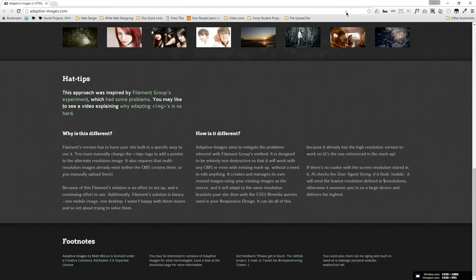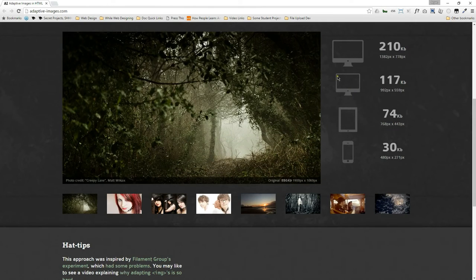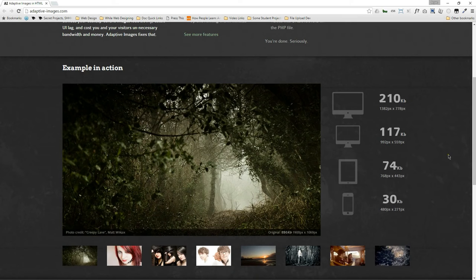I'll just bring up the page that I was looking at. I'll paste this article on here. This is an example of RESS loading up images. So you can see the different sizes that they're loading up. On a smartphone, the image quality is only going to load up 30 KB. So this image here, if I was to open up this page on a phone, well, it's only going to